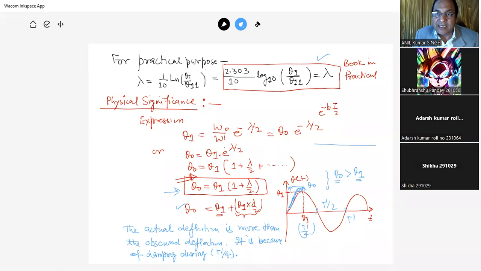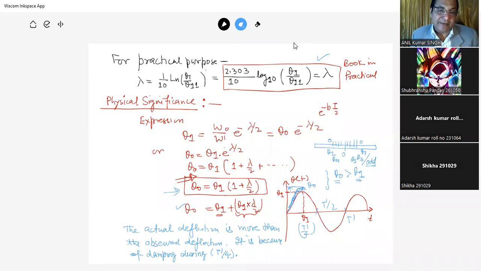जैसे मान लीजिए ये स्केल है, अभी हम उसको डिटेल में डिस्कस करेंगे। ये स्केल है, ये सेंट्रल पॉइंट है, और पहला डिफ्लेक्शन यहाँ आया और दूसरा फिर यहाँ आया, थीटा 1 यहाँ है, थीटा 2 यहाँ है, फिर थीटा 3 यहाँ होगा, थीटा 4 यहाँ होगा, थीटा 5 इधर होगा। तो धीरे धीरे डिफ्लेक्शन कम होता जा रहा है, इधर से भी डिफ्लेक्शन कम होता जा रहा है। तो हम हमेशा कोशिश करेंगे 1 3 5 मतलब ऑड वैल्यू लेने के लिए, we always try to take the odd value of the deflection, और ऑड वैल्यू लेकर कर सकते हैं। जैसे थीटा 1 थीटा 9 भी कर सकते हैं,